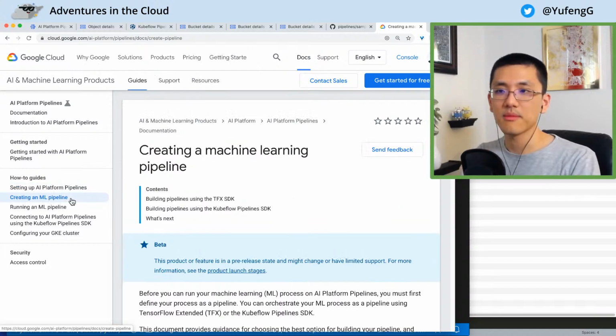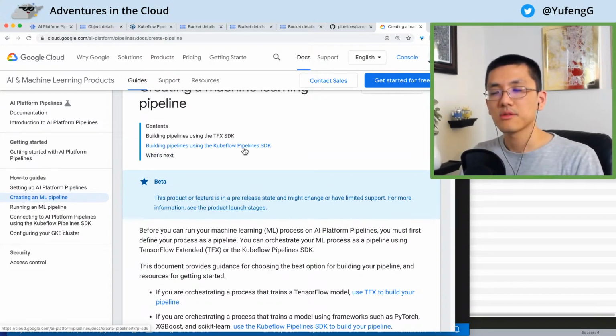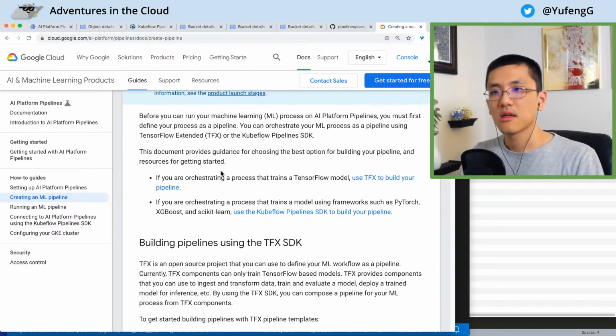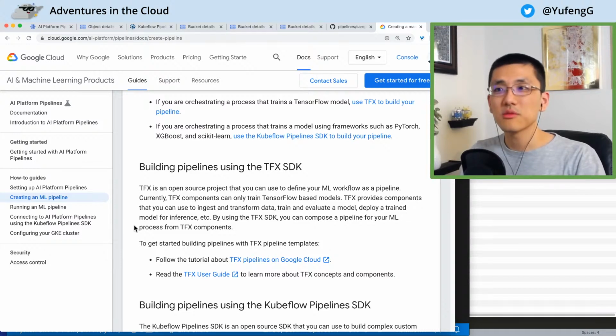Let's look at creating an ML pipeline. So this talks about building pipelines using TFX SDK and building pipelines using the Kubeflow pipelines SDK. So it says you must first define your process. If you're orchestrating a process that trains a TensorFlow model, use TFX. If you're orchestrating a process that trains a model using other frameworks, use Kubeflow pipelines. So you get this flexibility in choosing which orchestration framework you want to use, and have it all run on the same environment. So I suppose that also means that you could have this cluster deployed in your team, and your team can choose different